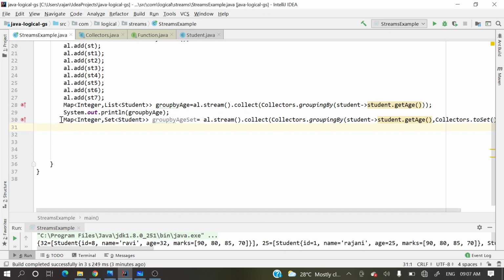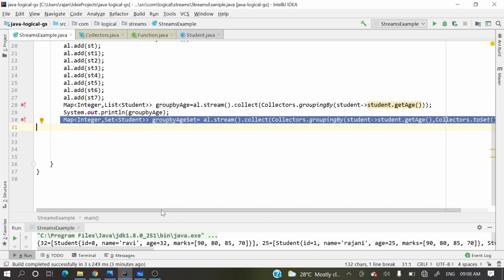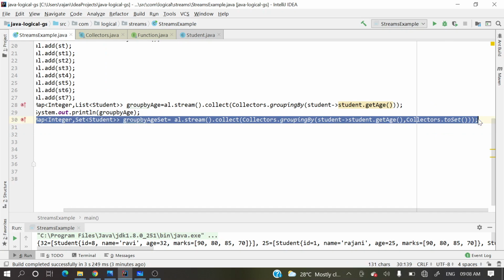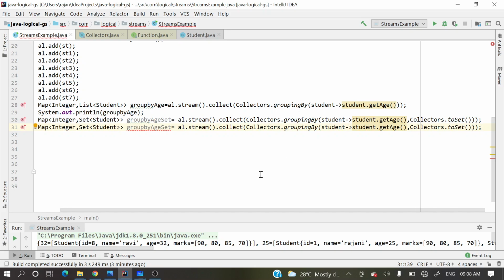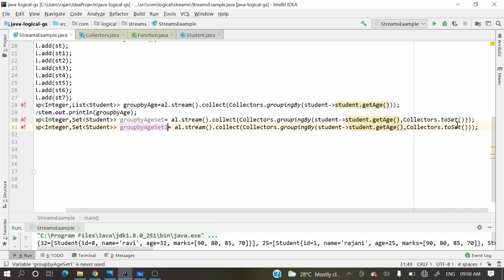So this is one, and let me show you another reduction operation. Let me take set 1. Instead of a set of objects, I do not want those objects in a list.